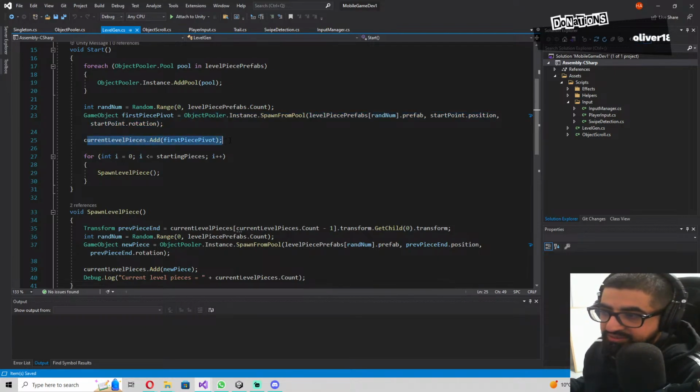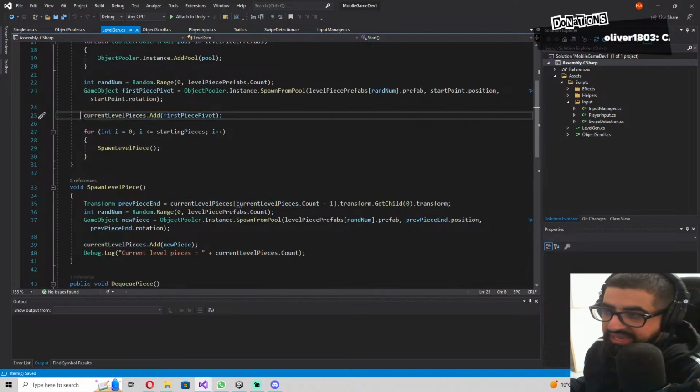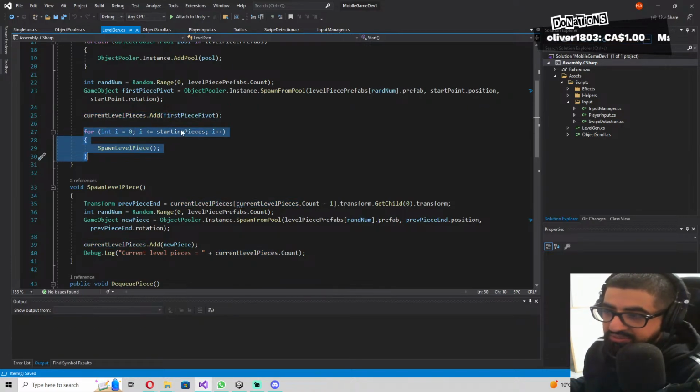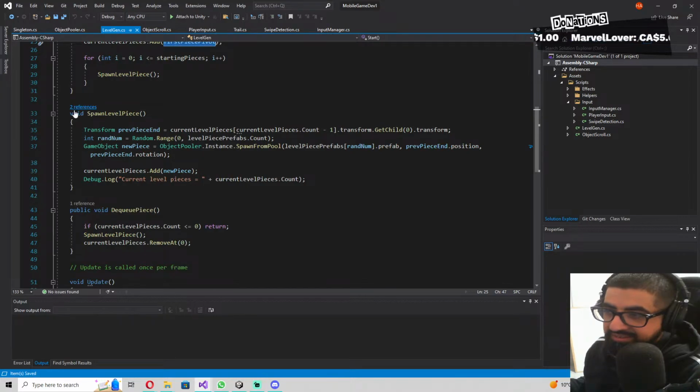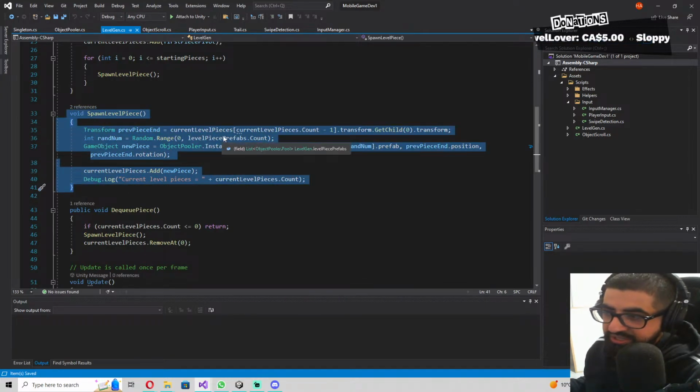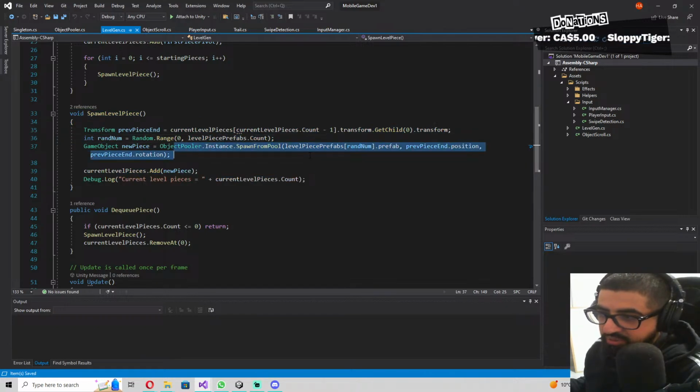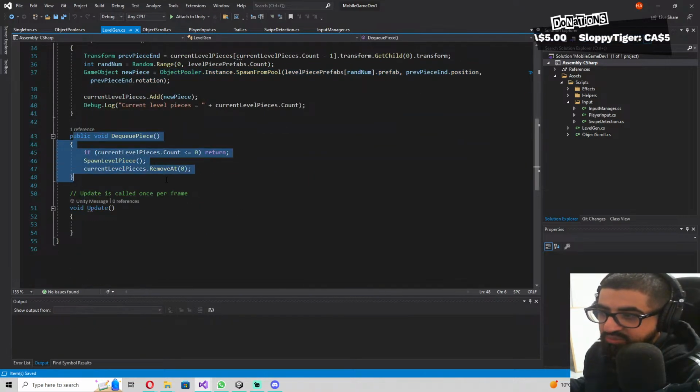We add it to our current level pieces, and we basically spawn all our starting pieces after our first piece, and then our spawn level piece function basically just changes to, instead of instantiating, using it from the pool. Our DQ piece